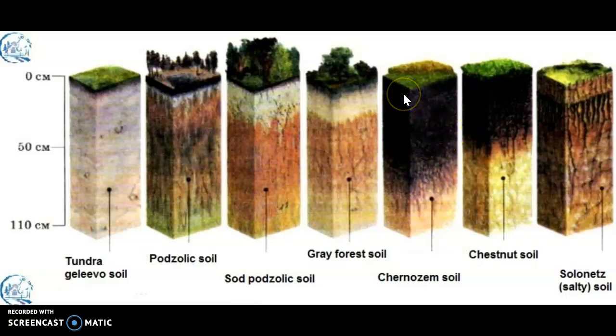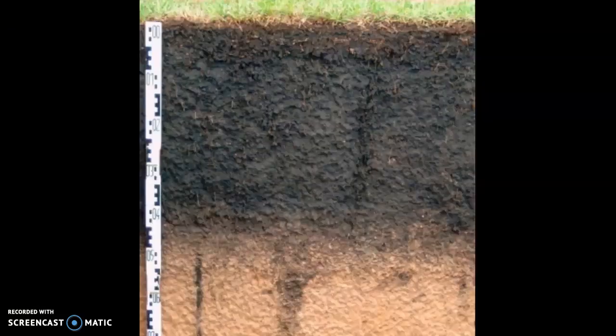So class, we can automatically know that Chernozem soils are in fact some of the richest soils in the world. It is also a very mature type of soil, and a very deep soil structure, which can be found in temperate areas, in the aforementioned areas that we mentioned previously. Students, this is basically a cross section of a particular soil profile here. These are the grasses at the surface, and some can be relatively green.